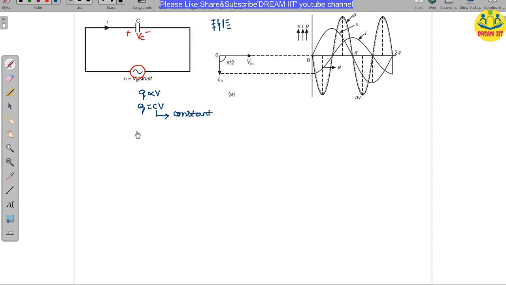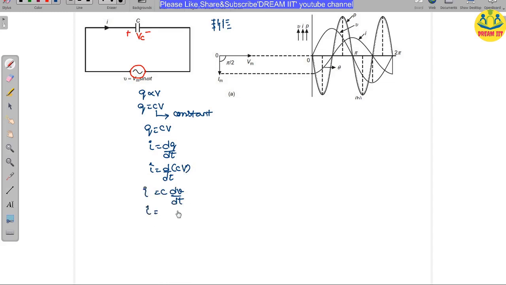So what is the property of the capacitance? The capacitor produces a property which will oppose the sudden change in the voltage. So we can write Q is equal to CV in the case of the capacitor. You know I is equal to dq by dt, from the basics. So I is equal to d by dt of CV, so C into dv by dt, that is the current.